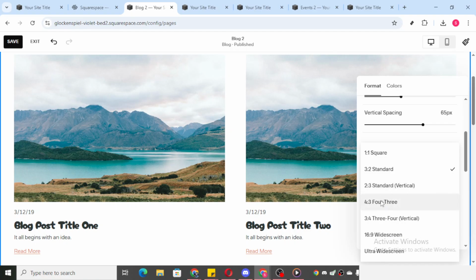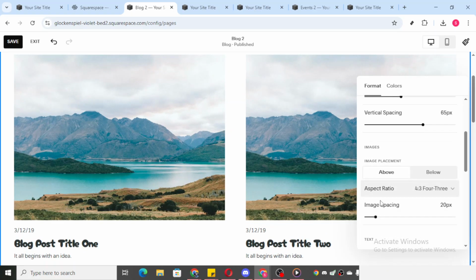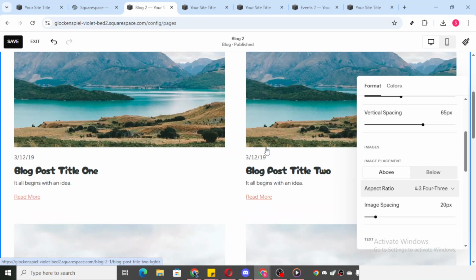By following these steps, you'll have a more organized, visually appealing Squarespace site. With the right aspect ratio settings, your images will always look their best, helping you create a stunning visual impact